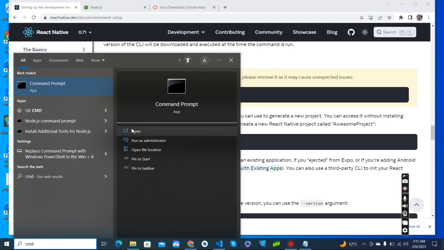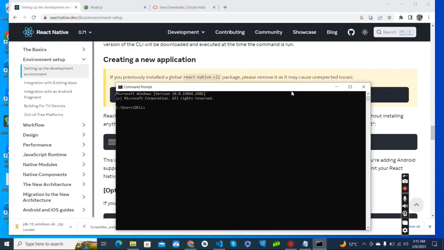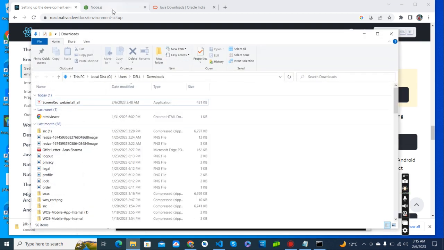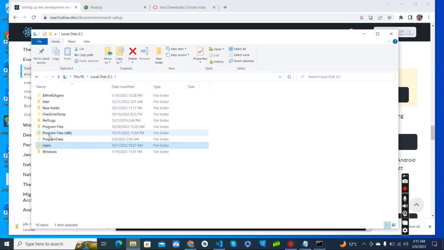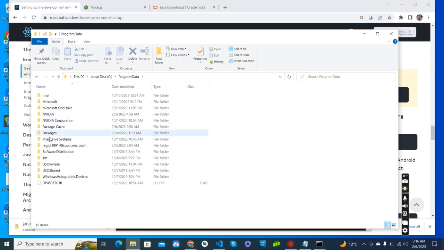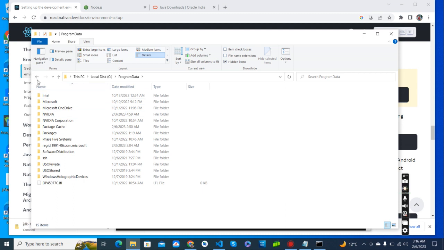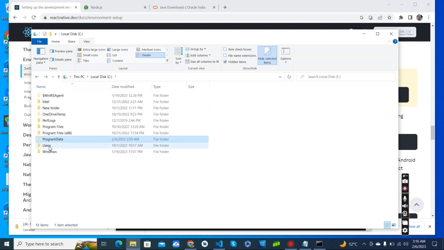Like I'm just opening my CMD here. Let me show you. I have the Node version, JDK. I think this is not the right command for JDK. Let me show you where I have placed JDK in my system. Program Files. Where is that? Okay. So user